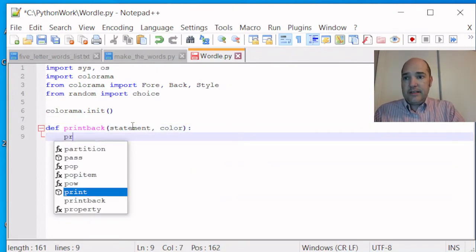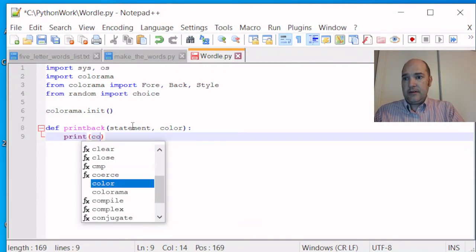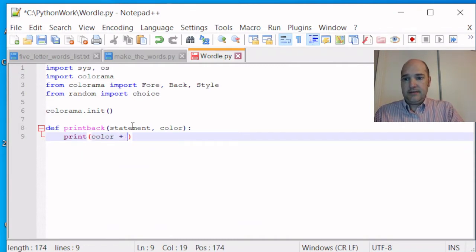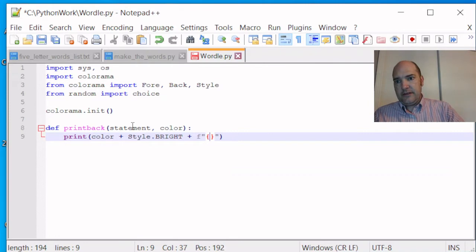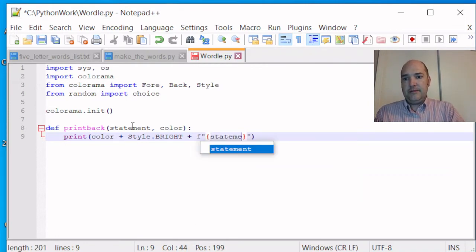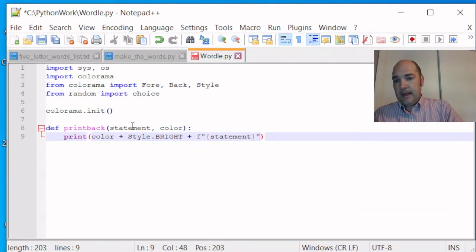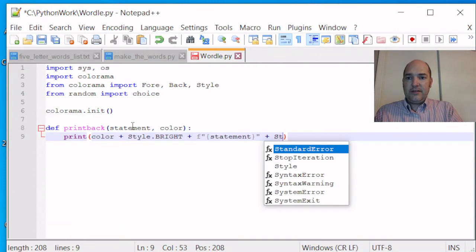And what it will do is print the color plus Style.BRIGHT, all caps there, B-R-I-G-H-T, plus, now we'll use an F string, and inside the F string we're going to open close curly braces and just put our statement. I suppose we could just put the statement there directly, but this is how I'm choosing to do it at the moment. Then we're going to invoke Style again,